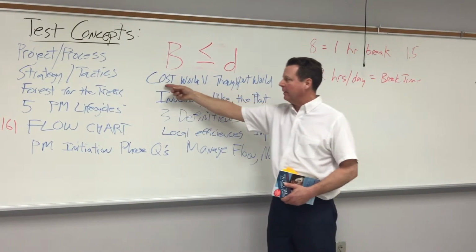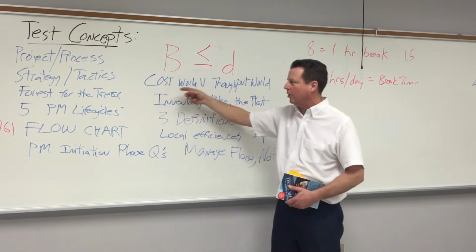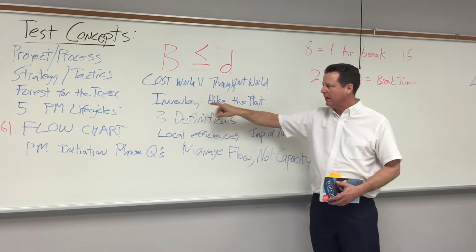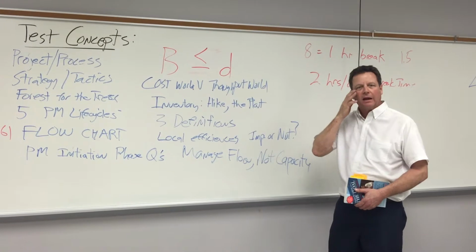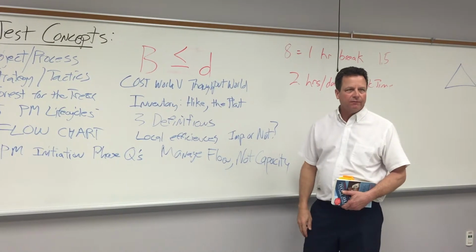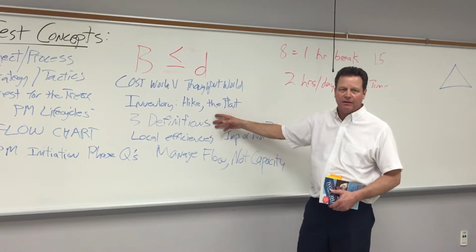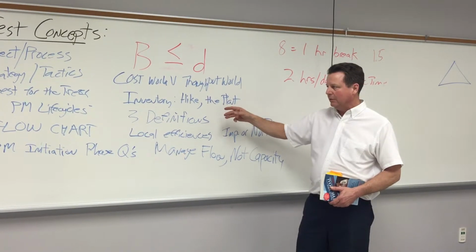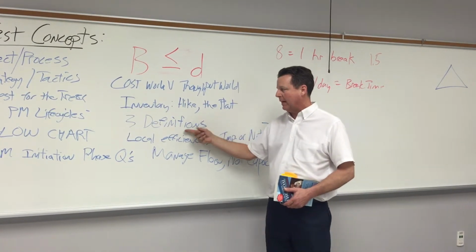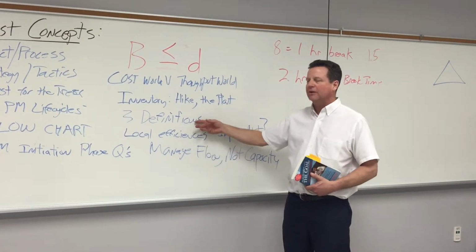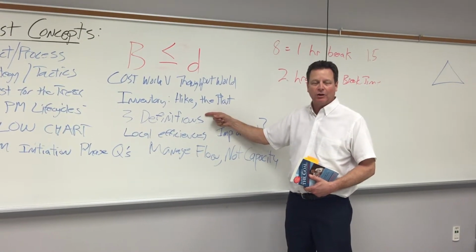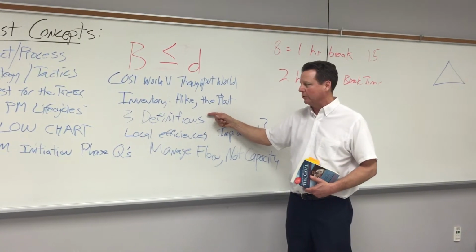In the past, in the Barrington plant, many companies had an overemphasis on cost world versus throughput world. Remember what that means. What does inventory stand for on the hike and then in the Barrington plant? There were 3 definitions in this. They're very important cost accounting definitions, and I made you write down their exact definitions. So I'm going to have several questions on those all-important measures. Why? Because measurement determines behavior. How you measure me determines how I'm going to act in your factory, your plant, your job.